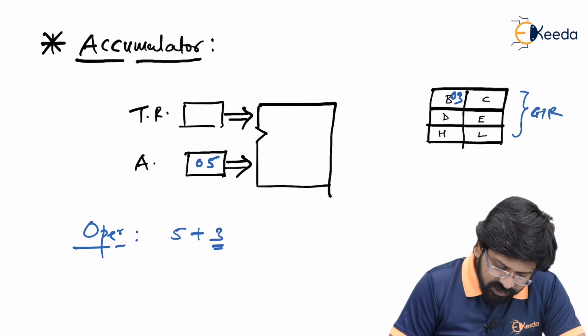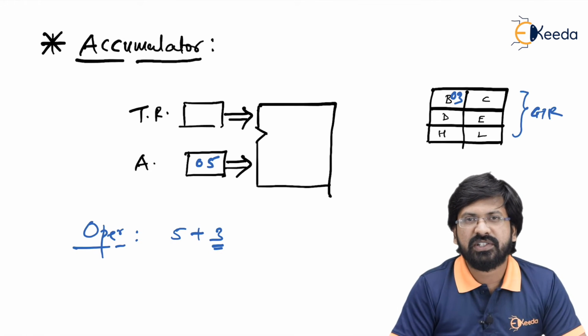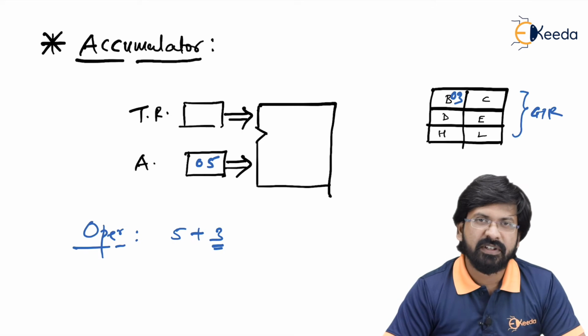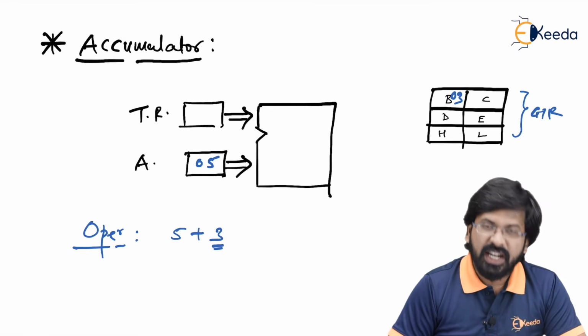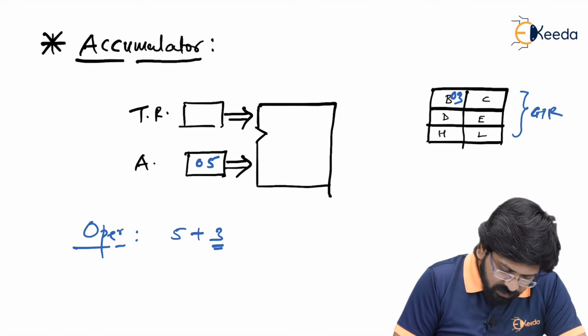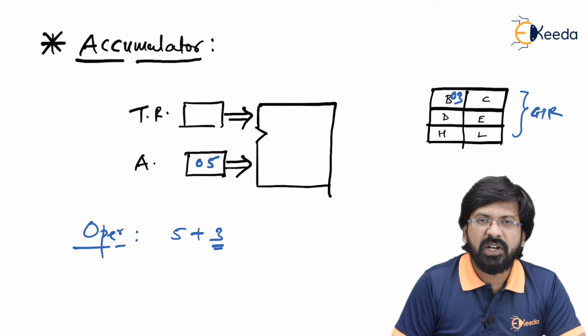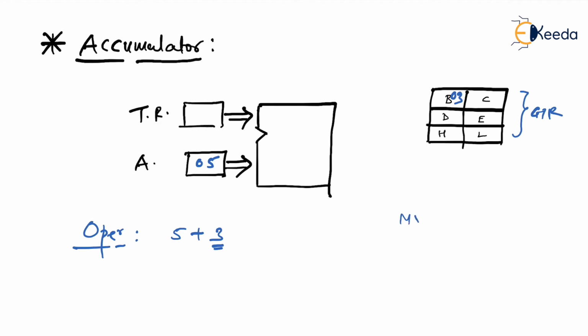So now to achieve this, we need to write a certain set of instructions. I know that I have not yet started with the instruction set of 8085, but at least I'll make sure that this time you will understand what I'm trying to convey. If you want to store 5 in A, that is accumulator, you have to write an instruction like this: MVI A, 05H. H indicates it is hexadecimal.